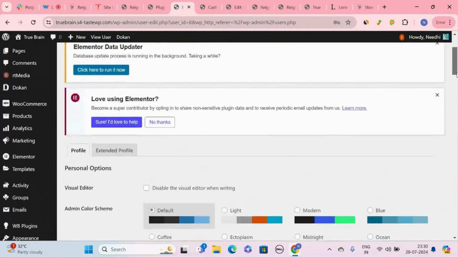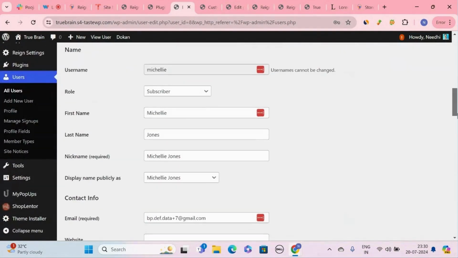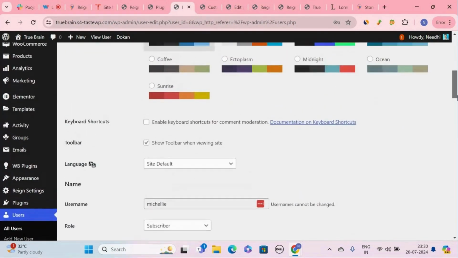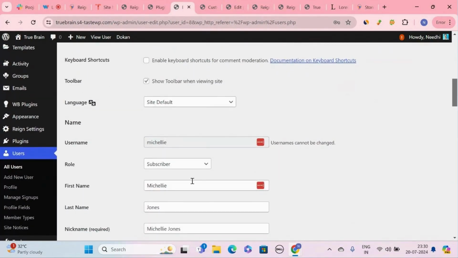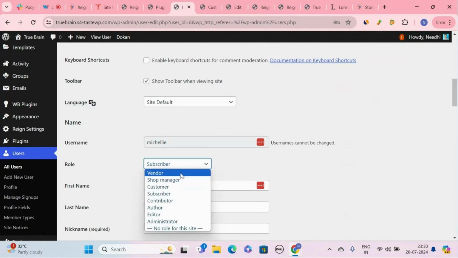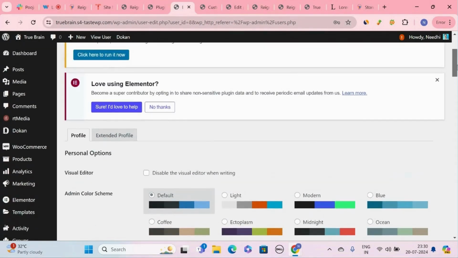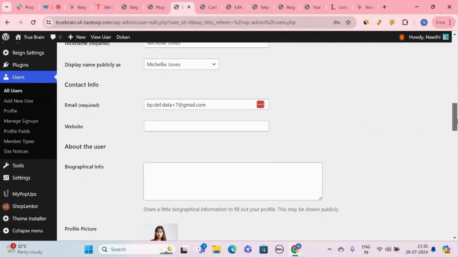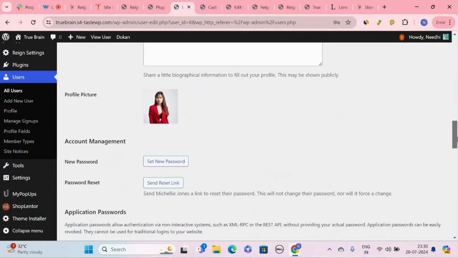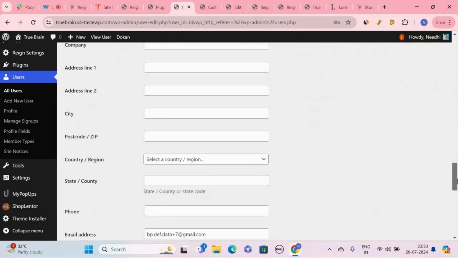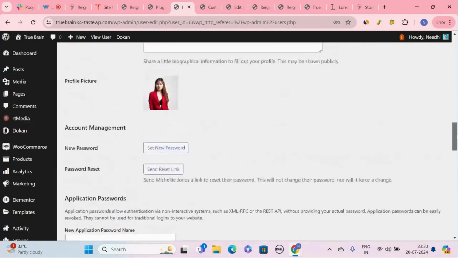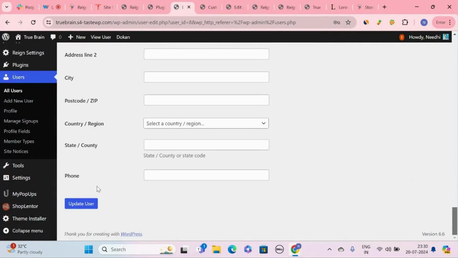Next, you can specify the role for your users. From here you can select vendor, add the details and update it.